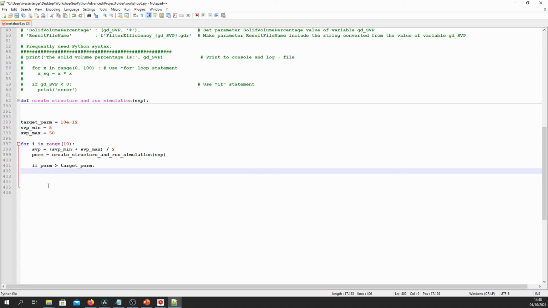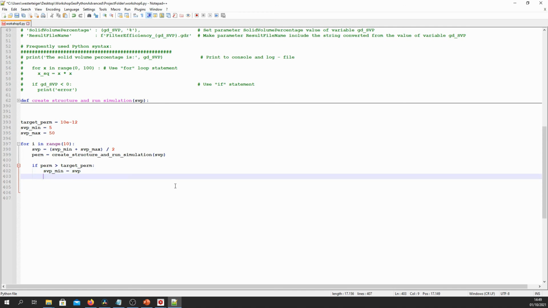So what we want to do is we set SVP min to SVP. So we basically change the search range from SVP min to SVP max to SVP to SVP max. So we basically pick one half of our search space, the upper half in this case.